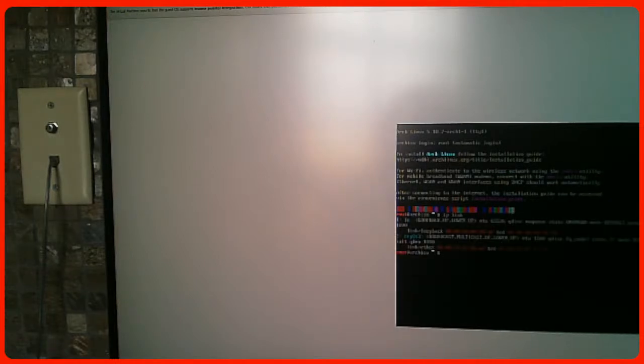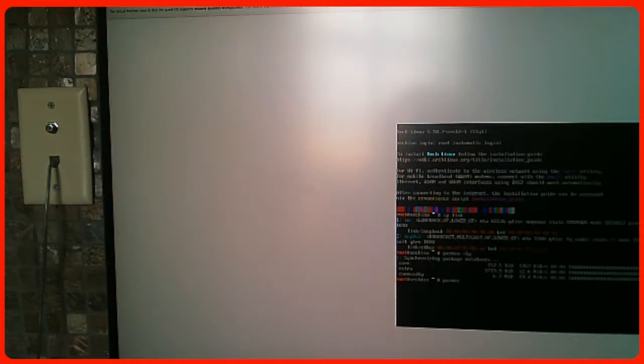Let's do some quick commands and then we're gonna end the stream. So we get archfi.sf.net/archfi. See, okay, I did the wrong thing. Pacman -S, wget, pacman.